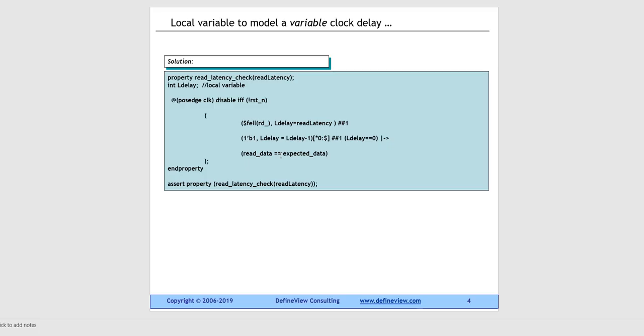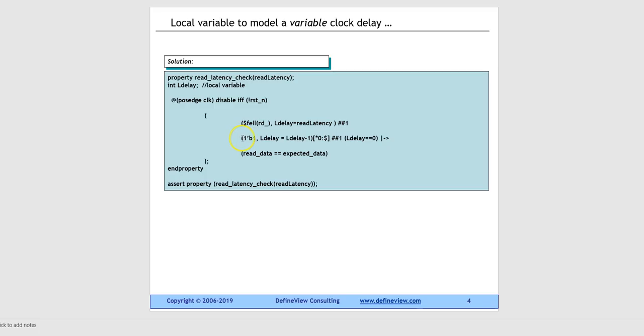Well, local variable again comes to rescue. And this is how it works. So what I'm doing is, in the property read latency check, I'm passing it a variable latency read latency. Then I'm creating a local variable called LDelay. Then I'm saying that at every passage of clock, whenever read falls, store the read latency that I've passed in this property and store it in the local variable LDelay. Then at every clock, I'm going to decrement this latency, LDelay,